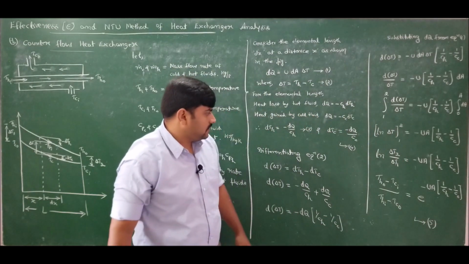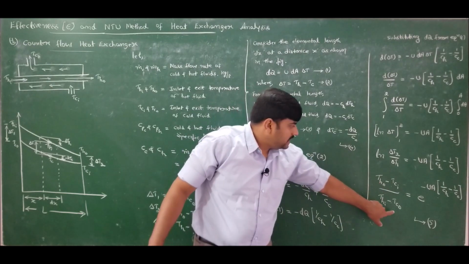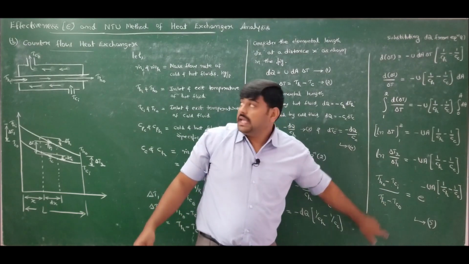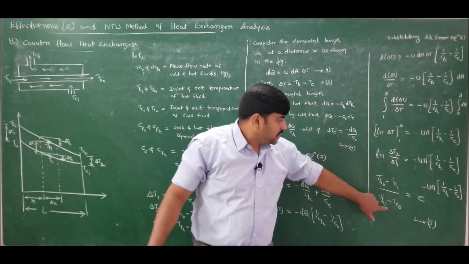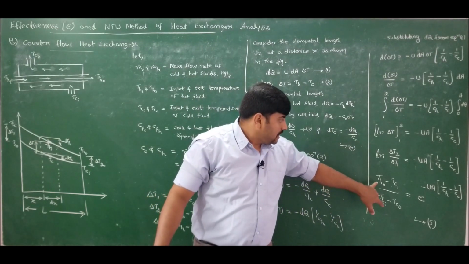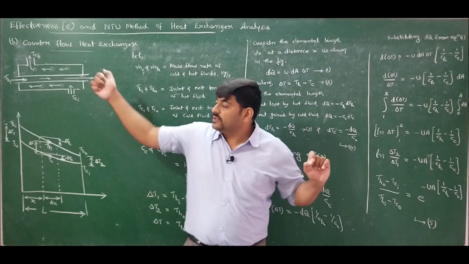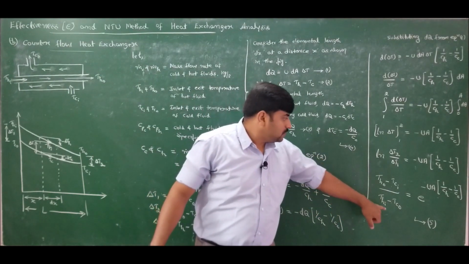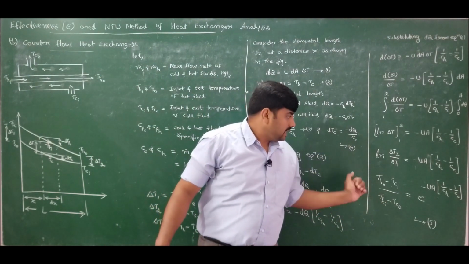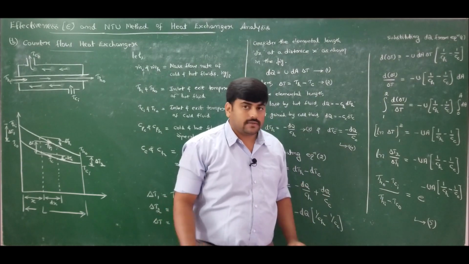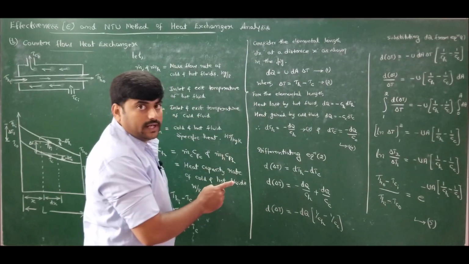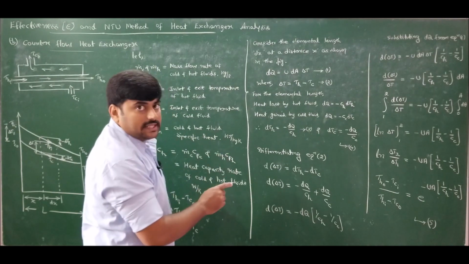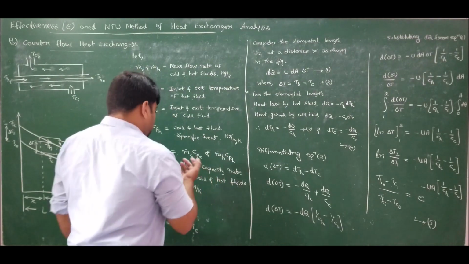Now if you carefully observe, I have THO and TCO in this equation. The main aim of using effectiveness NTU method is to get rid of THO and TCO. So therefore use the definition of effectiveness and replace THO and TCO and bring in effectiveness into this equation. So if I use the definition of effectiveness for hot and cold fluid and replace THO and TCO by effectiveness, I will get